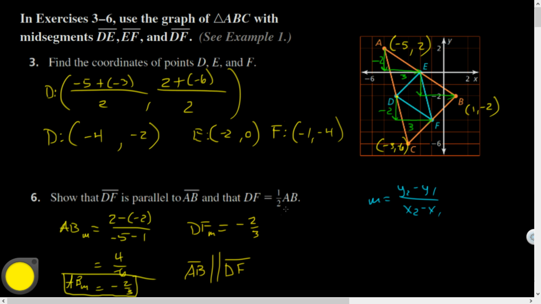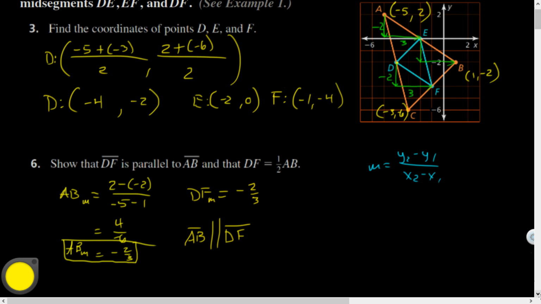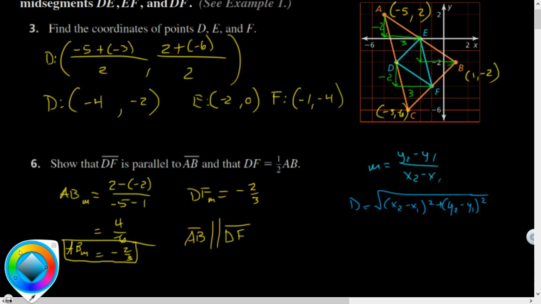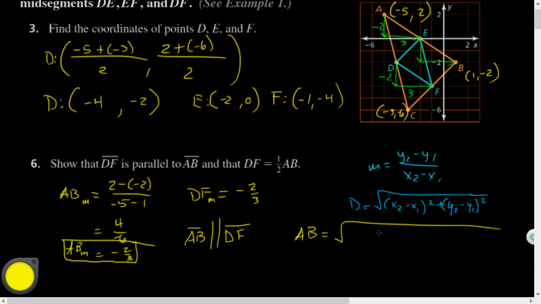Now, how could I find that their distances are halvesies of one another? Well, that's going to be a matter of the distance formula. All right, distance formula. You guys get it all memorized. Right, square root of x2 minus x1 all squared plus y2 minus y1 all squared. Root that whole thing. Yeah. And so let's find some distances here, friends. So AB, the distance would be the square root of